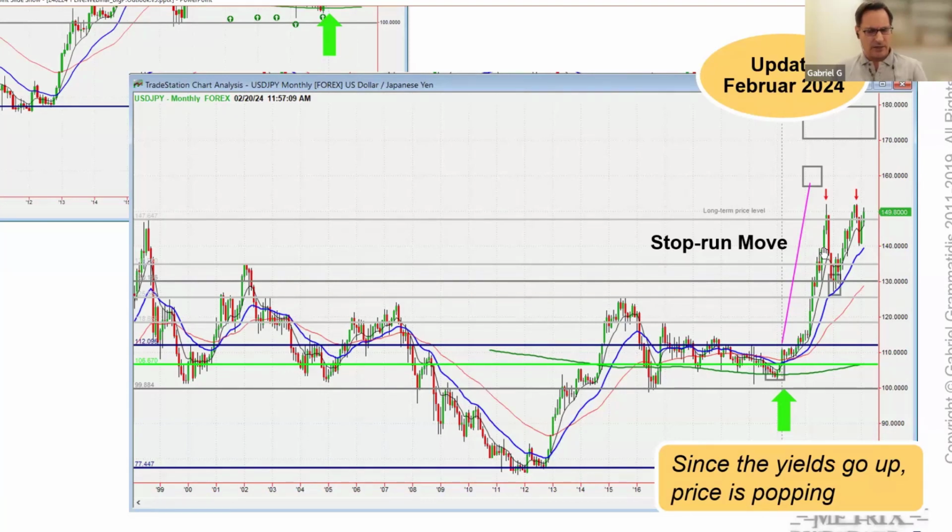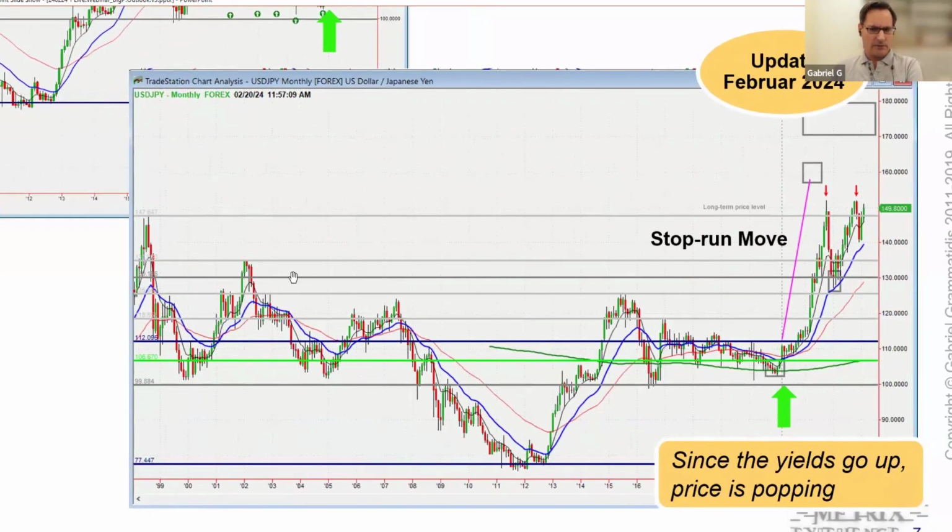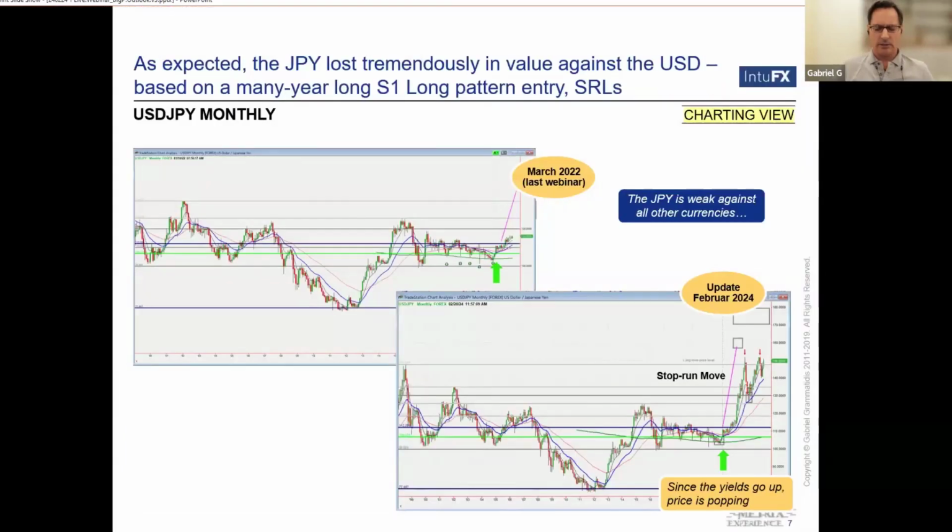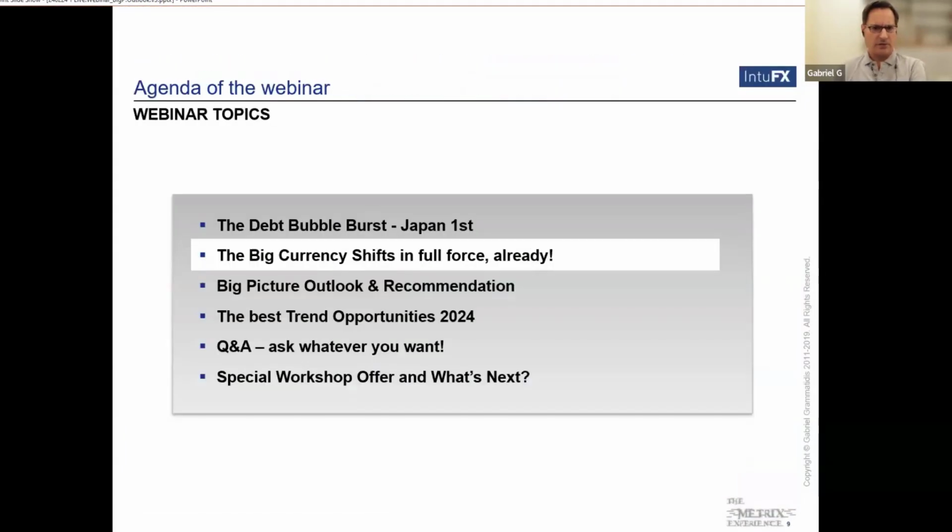Breaks the level and then runs. This has broken the level, the important 150 level. However, this is not what we call a stop run move. It's just testing the level, right? So when the level breaks, we should actually move towards the 160 or 165 level. This is a stop run move, right? And everything is setting up here for putting in a big move against the intervention of the central bank.